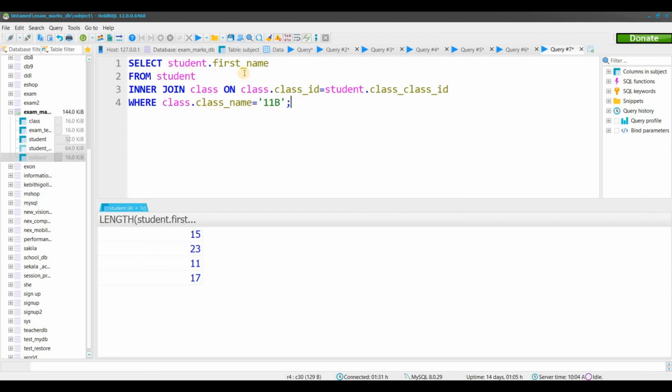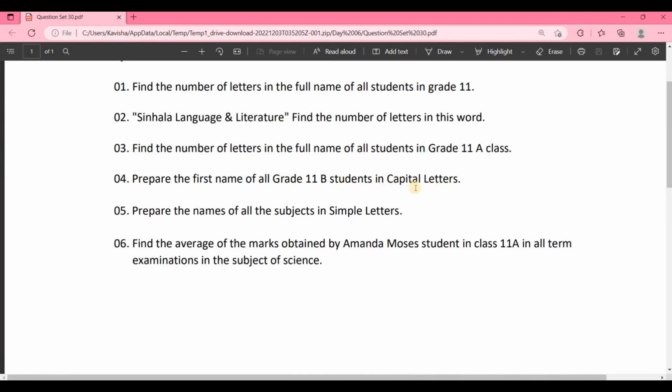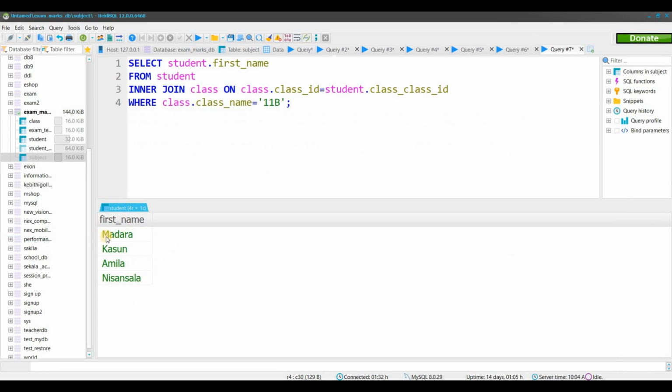After that I have gotten the first name of the student. So let's run this. So you can see here are the names of the students. Here are the first names of the students who are studying in grade 11B class. But in the question we have to get the capital letters. So we have to convert those letters into capital letters. So you can see